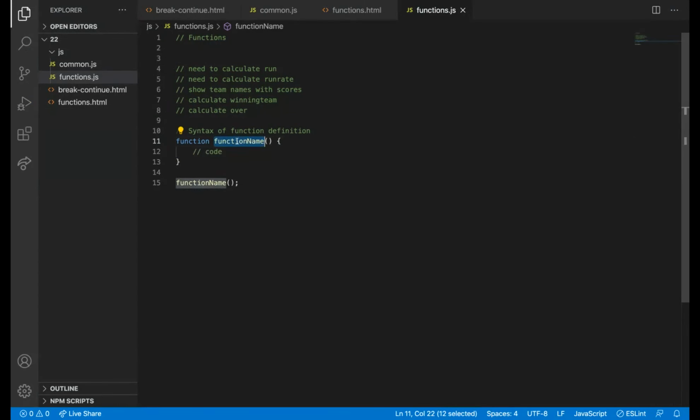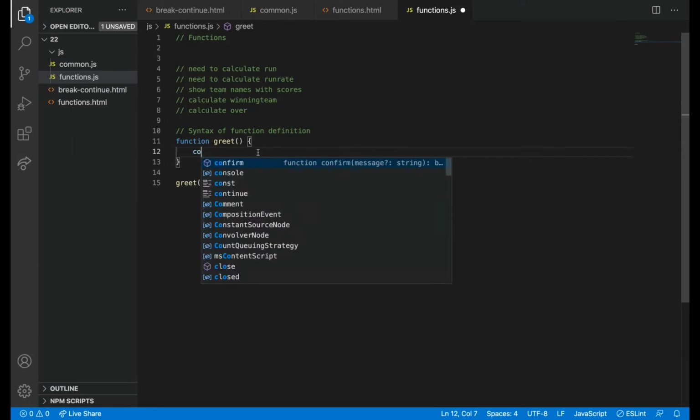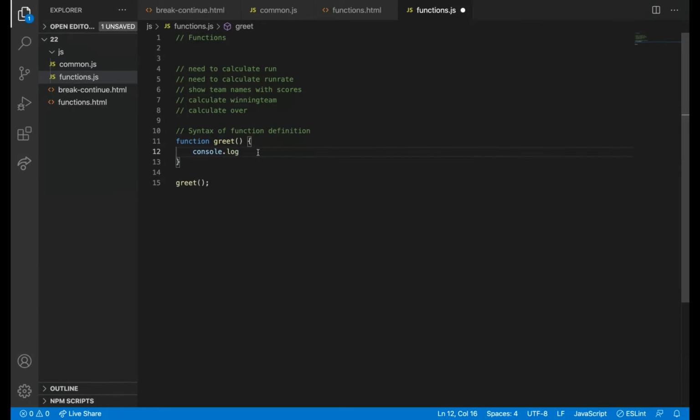Okay, they have written some greet functionality. We will write that ourselves. Greet. I can say console.log welcome to FabeB.